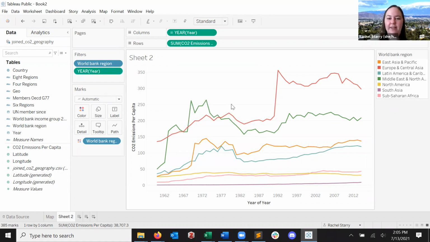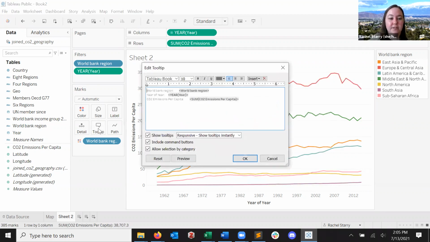Okay, so now we have a much more readable line graph, especially in interactive format, because someone can hover over and read the information in this tooltip, and it's a much more robust way of representing the information. It's much more readable, right? I'll also note that you can customize what appears in this tooltip, so that you could do over here in the marks. So if we wanted to customize what's appearing in our tooltip, by default, it's showing all the variables that are being plotted, and it's doing the silly year of year thing. But we can add on another variable if we wanted. So we could, none of them really make sense to include